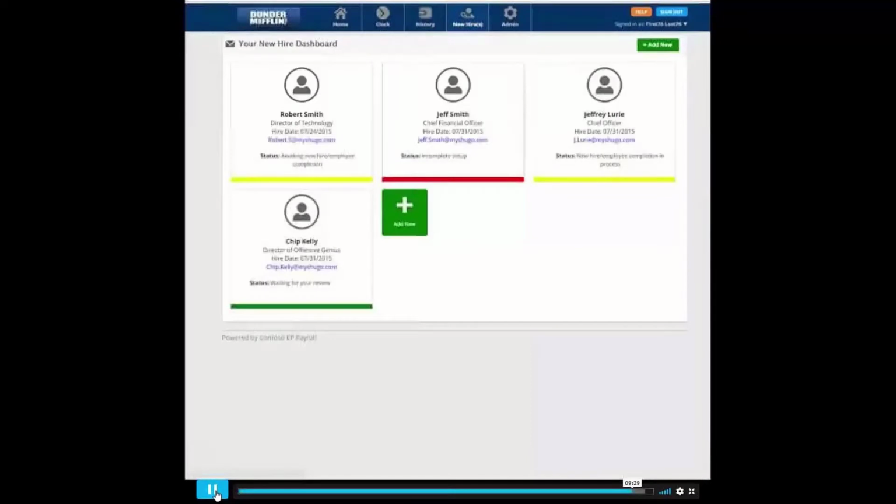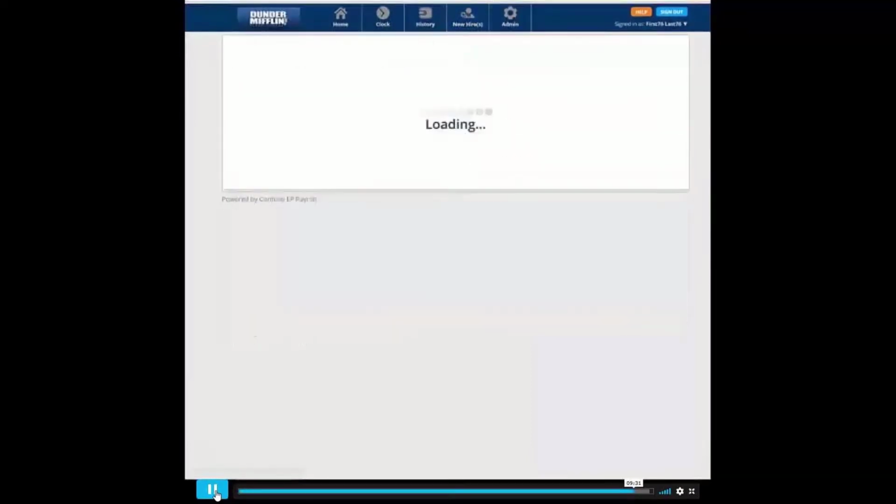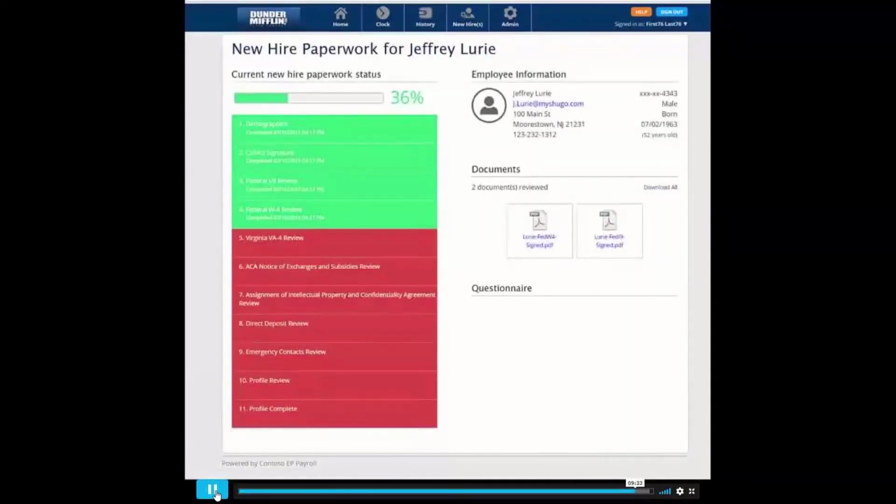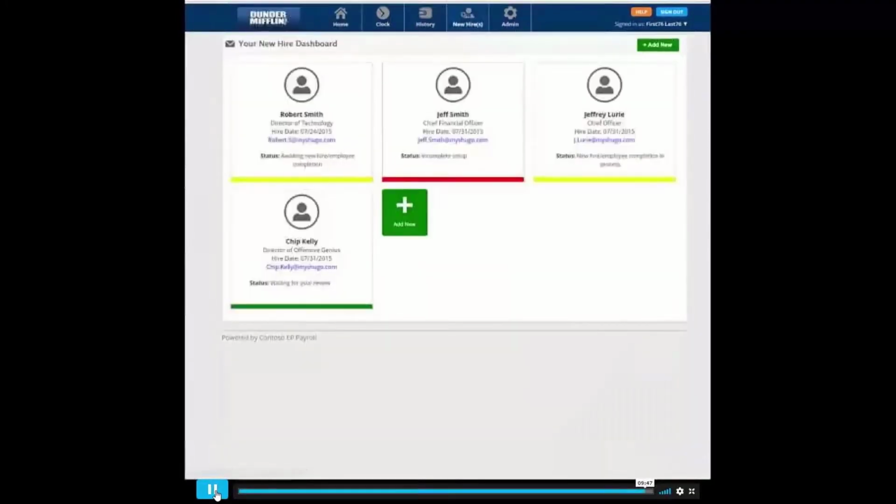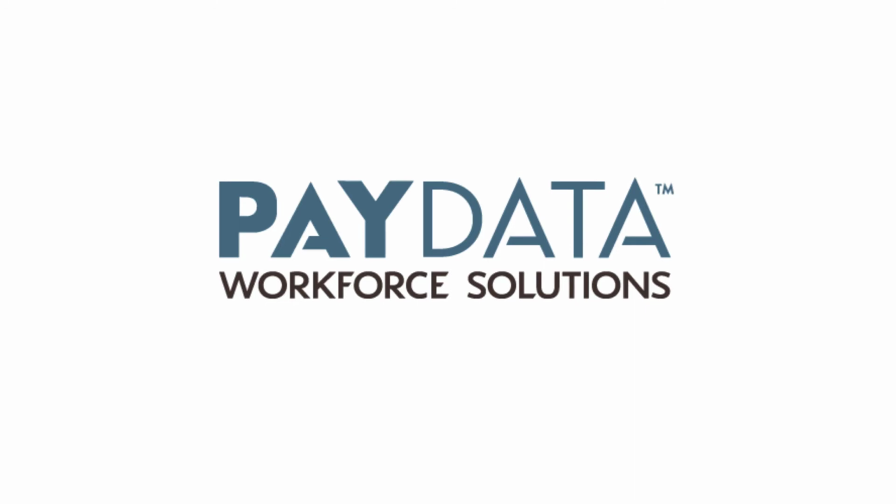Let me go back. I think Jeffrey might be a better one to look at here. We can see in this case, Jeffrey's done a few of the steps. So we can access some of the documents he's already completed. We can also see where he's kind of stalled in the process. It might be a good opportunity to say, hey, Jeffrey, you need some help with that VA4. So again, this video, what we walked through was adding a new hire into the system through the full onboarding process, and then a quick review of the new